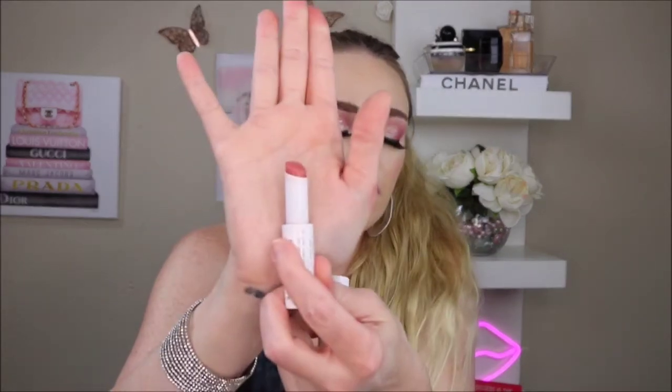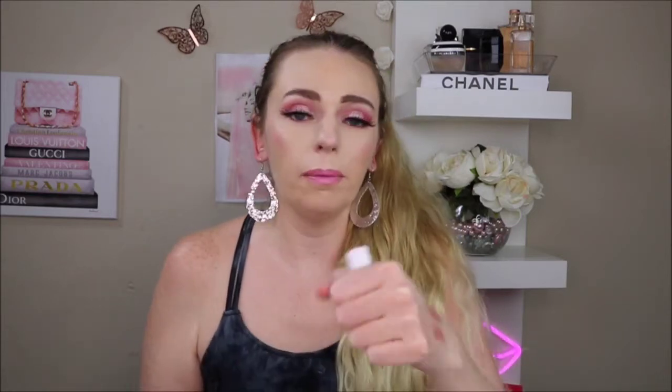But I like that they have them in different colors. So you can moisturize and still have, you know, like a slight color if you're going for something natural, or they're just actually really, really nice. And when I say that they're not the most moisturizing, they are still super moisturizing, much more than the majority of lip balms I've tried. I'm just saying they're not like the most moisturizing I've ever used. But yeah, it's a very sheer color, but